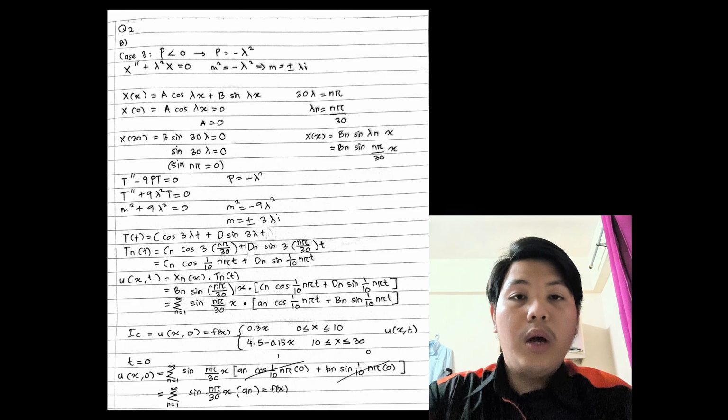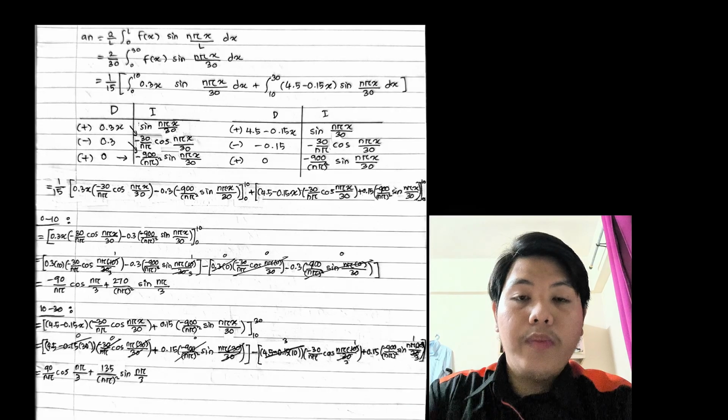So u(x,0) = sum of a_n sin(nπx/30) = f(x). This is a Fourier sine series. The coefficient is a_n = (2/30) integral from 0 to 30 of f(x) sin(nπx/30) dx. And then we got